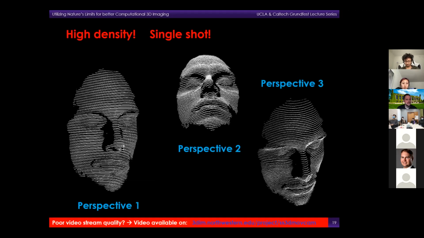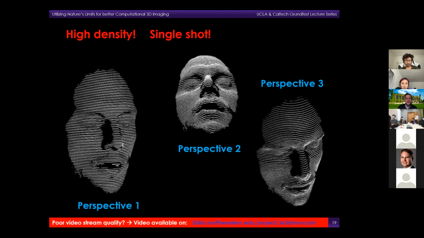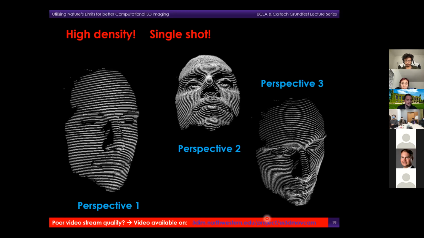So this is the measured 3D model, in this case of a human face, my face, if you see that. You can see that this model can be freely turned and watched from different perspectives, basically like a hologram. Since this is acquired in single shot, we can perform many single shots one after another during a non-rigid movement of the object, and then we end up with a movie of 3D data points. Again, if this is choppy, please look at this link here.